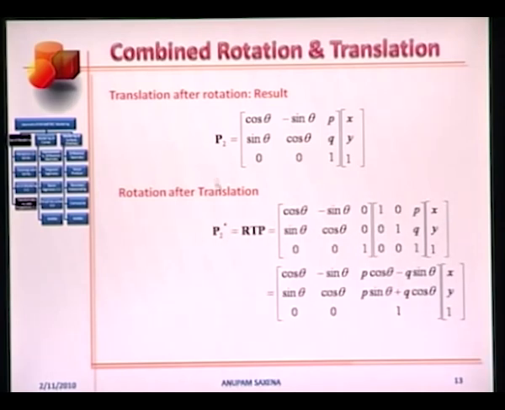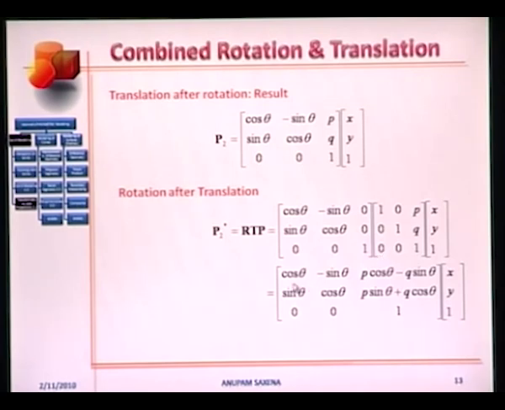In this case, the final position of the point gets determined by the original position of the point, which is pre-multiplied by the translation matrix, and this is pre-multiplied by the rotation matrix. This 3 by 3 system here, we all know, is the rotation matrix, and this 3 by 3 system here is the translation matrix. If we work out the algebra,